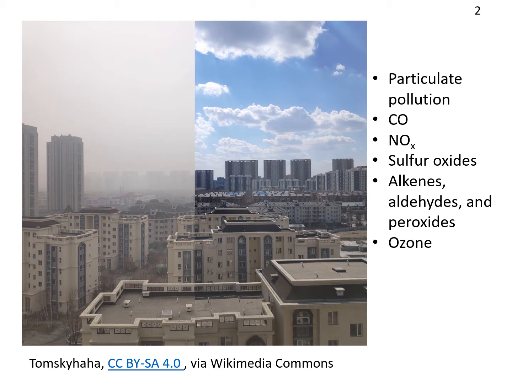On the other hand, other smog-forming pollutants, like nitrogen oxide species, NOx, and various sulfur oxides, are necessarily a product of anything burnt, whether complete or not. By law, exhaust must then be scrubbed to remove these vapors, which form acids when combined with water vapor, and so form acid rain. In addition to combustion products, certain organic molecules like alkenes, aldehydes, and peroxides all can react to contribute to smog, as well as can ozone.